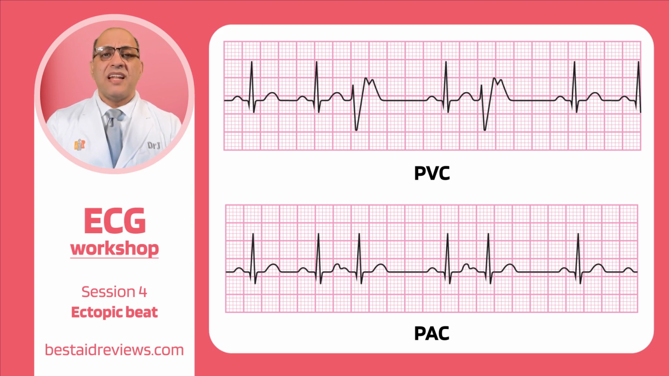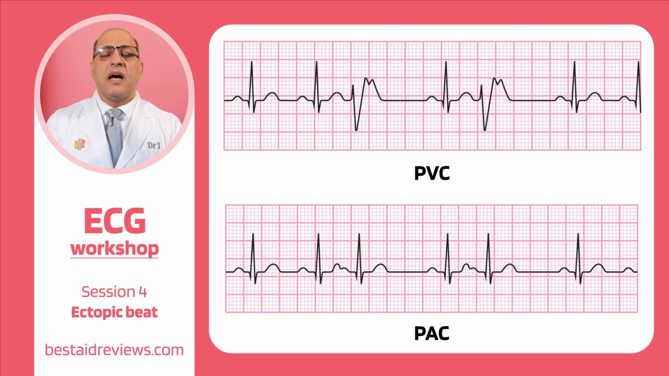But then the next beat, if the SA node takes over, is going to come a little bit late because one beat came earlier. The SA node is going to respect the rate that it was supposed to have. So the next beat has to come a little bit late. But if you add them up, it should be equal to a normal distance for 2 beats. So that's why when we divide it by 2, we get the normal RR interval in the beats before the